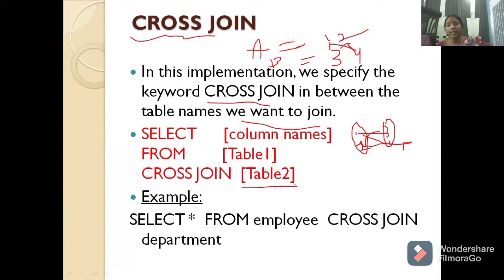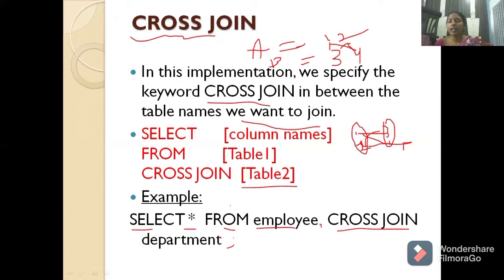But our Oracle 10G version is not going to support the cross join syntax. Simply write select star from customers, comma, orders. There is no need for the keyword; directly put a comma between the tables, like employee, comma, department, and the semicolon will work in the Oracle 10G version. Okay, clear?